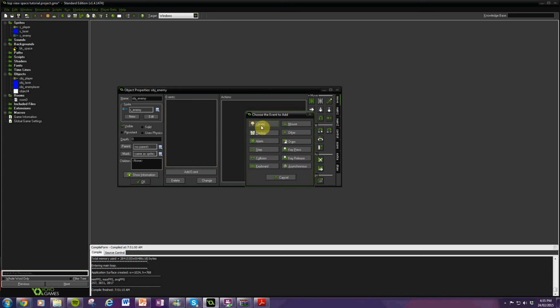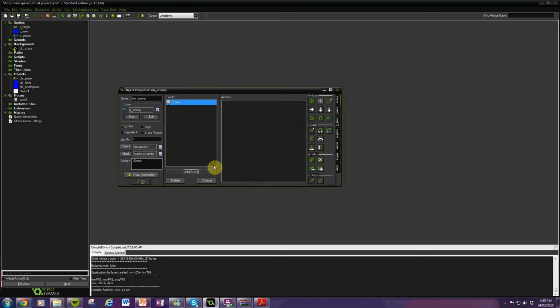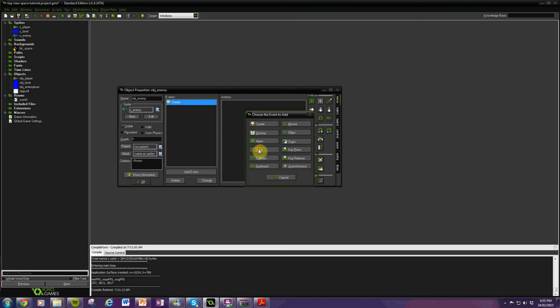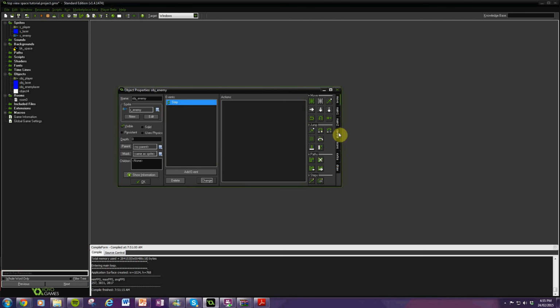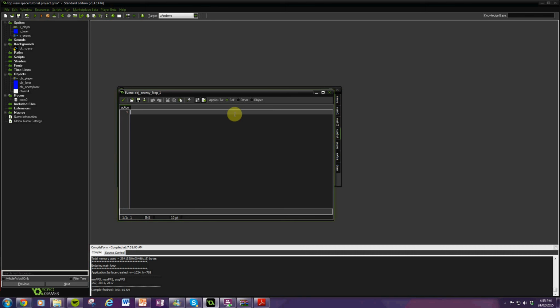Oh yeah, change that to the step. Like in the player, you want it to point towards the mouse, but in this, you want it to point towards the player. So just set image angle